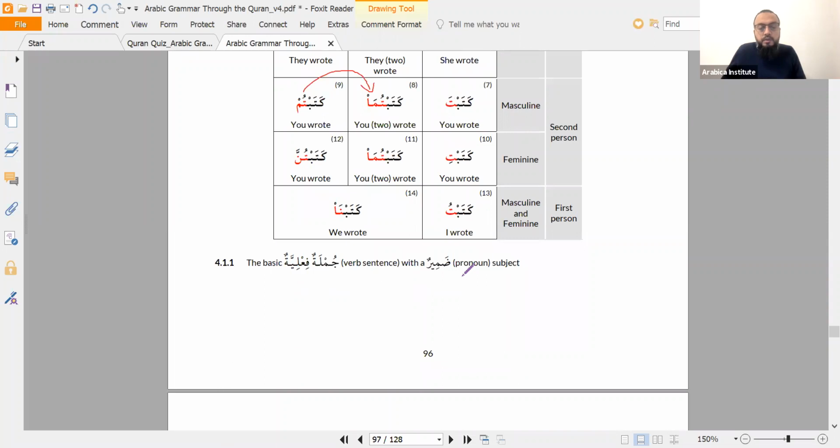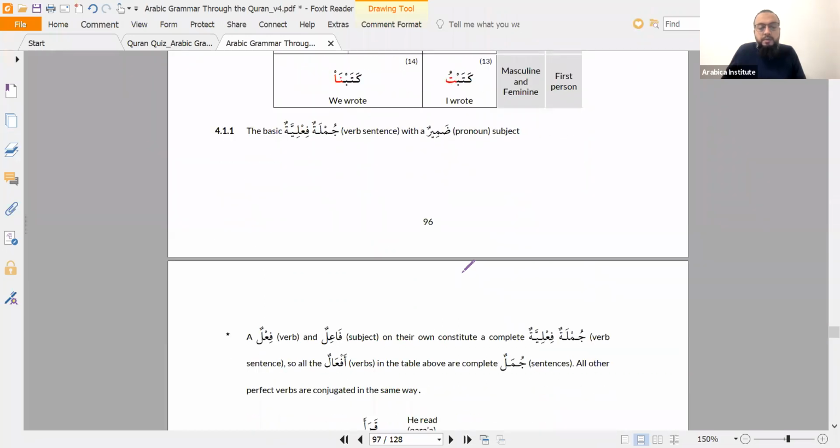Right. So if you have a basic verb with nothing else, then you've got a complete sentence in Arabic. You don't need anything else because the verb contains, as we said, the fā'il, the doer. An action and the person doing the action is your complete sentence, because the person doing your action is your subject, and then the thing you're attributing to them is the action denoted by the verb. In just the same way that in a noun sentence, your mubtada' is your subject, that's the noun, that's the backbone of your sentence, and the attribute to the noun is the khabar.